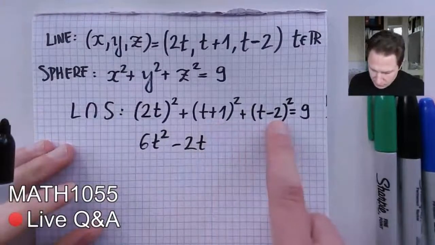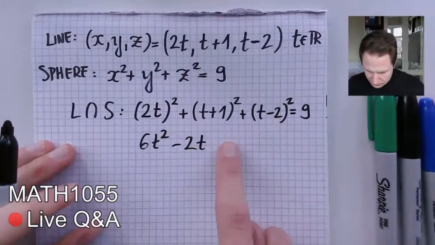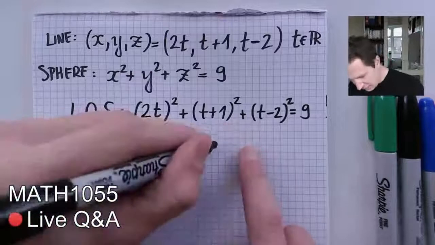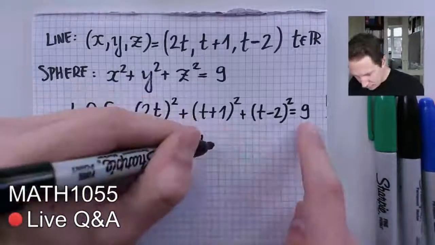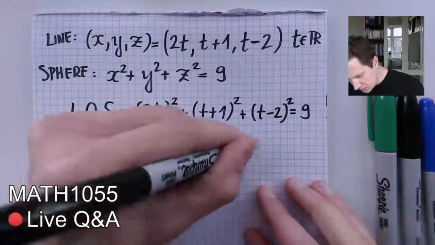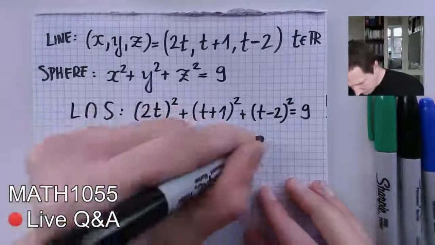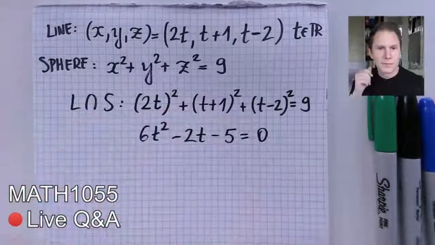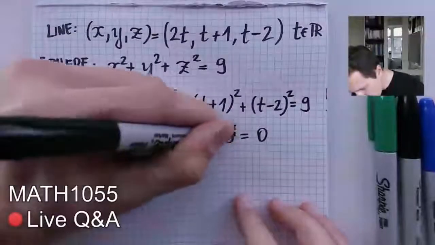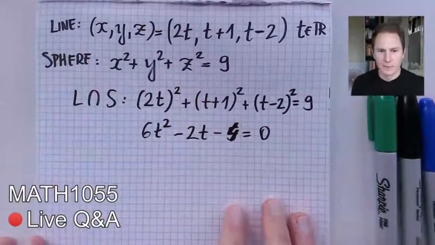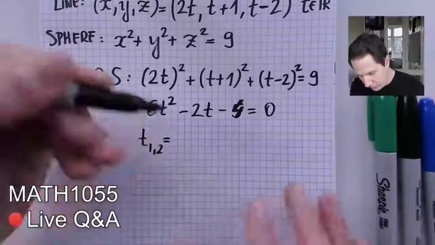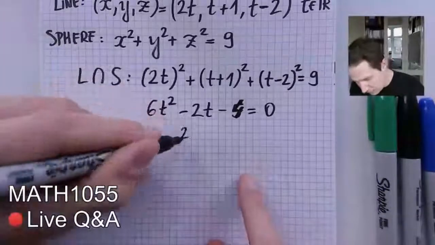Then I get plus 1 plus 4, so in total plus 5 on the left-hand side. I bring over the 9 by subtracting 9 from both sides, so that would give me, not really with minus 4, right, this equation. And if I want to solve for t,